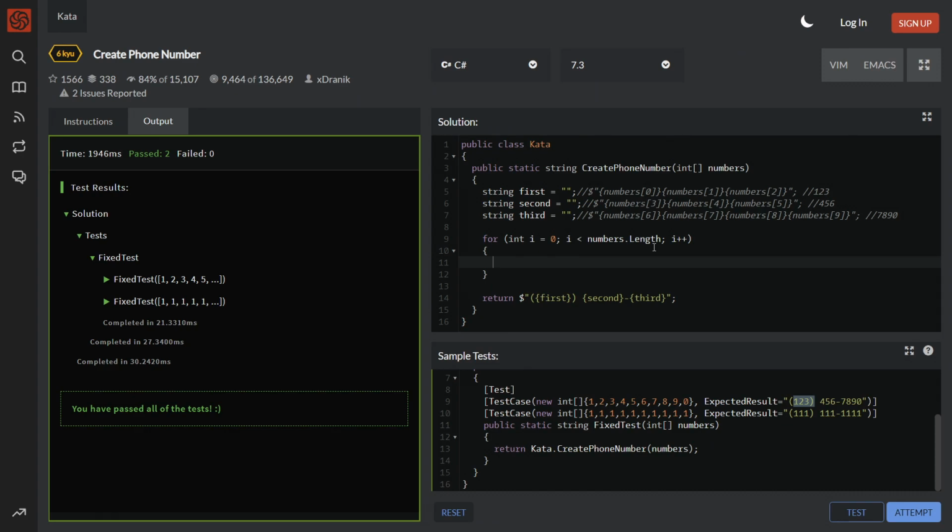There we go. We want the first 3 numbers inside first, the second 3 numbers inside second, and so on, and the last in third. This is going to go from 0 all the way to 9, as you can see here. If it's between 0 and 2, we want it to start in first. If it's between 3 and 5, it goes in second. And if it's greater than or equal to 6, it can be stored in third. So we can say if i is greater than or equal to 0